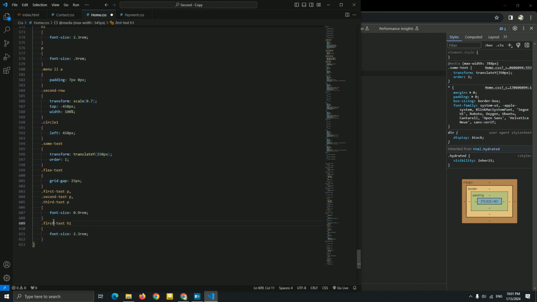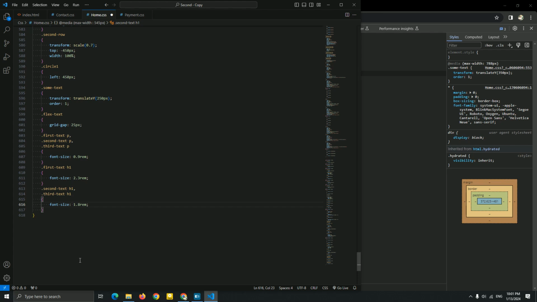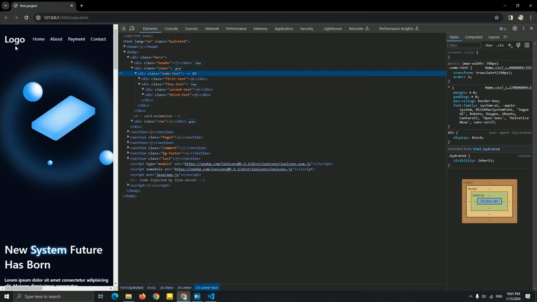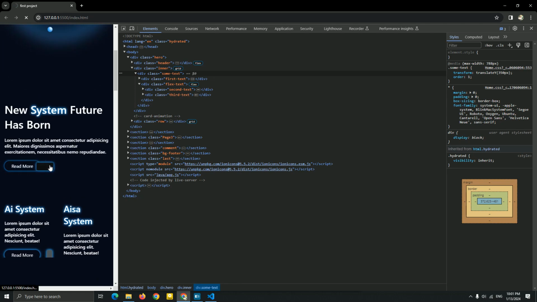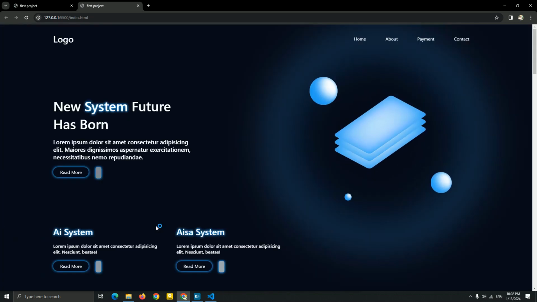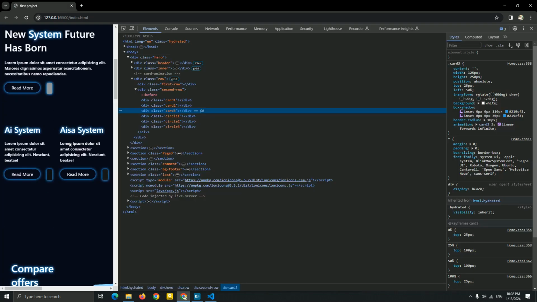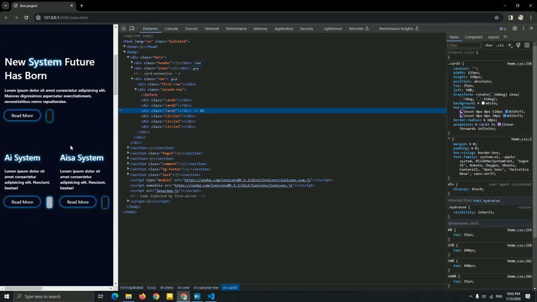And now let me just copy this, paste it for the H1. Because we just add the custom font size, I think. So yeah, this is everything for this homepage, guys. And you can see we just fixed this problem.